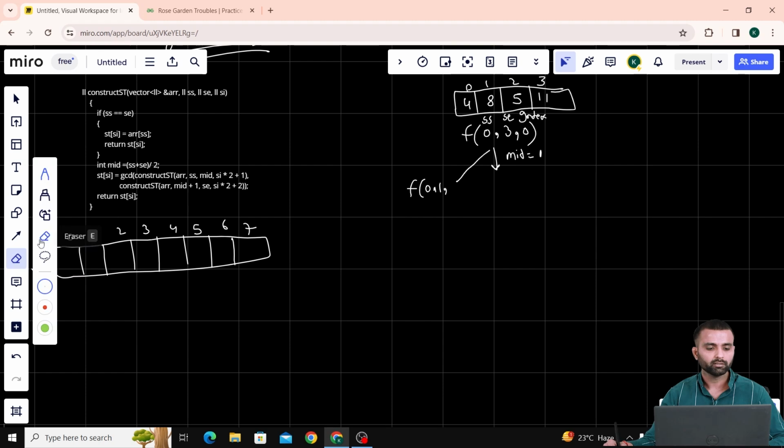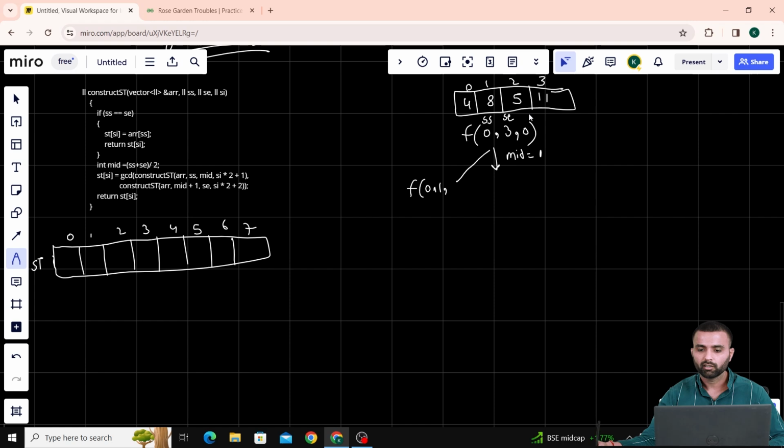Let me write here S1 also. Erase this index and write here S1. If you know the heap part, my left child is 2 into S1 plus 1, right? The same case, here I have 2 into S1, which is 0, plus 1, which is 1. Now for this case, I am writing mid plus 1, which is 2, and SE is 3, and the index is 2 into SI plus 2, which is 2, right? If you see here, this is my SS,